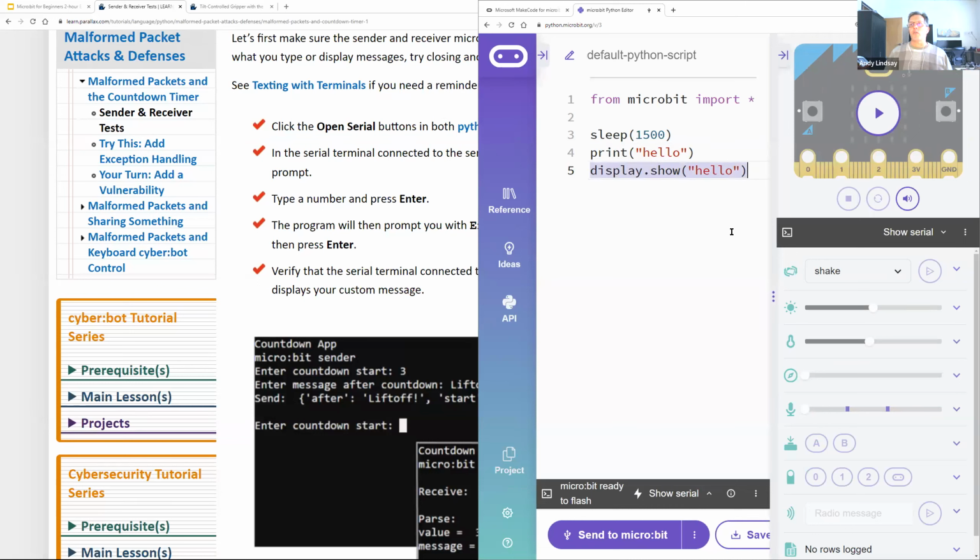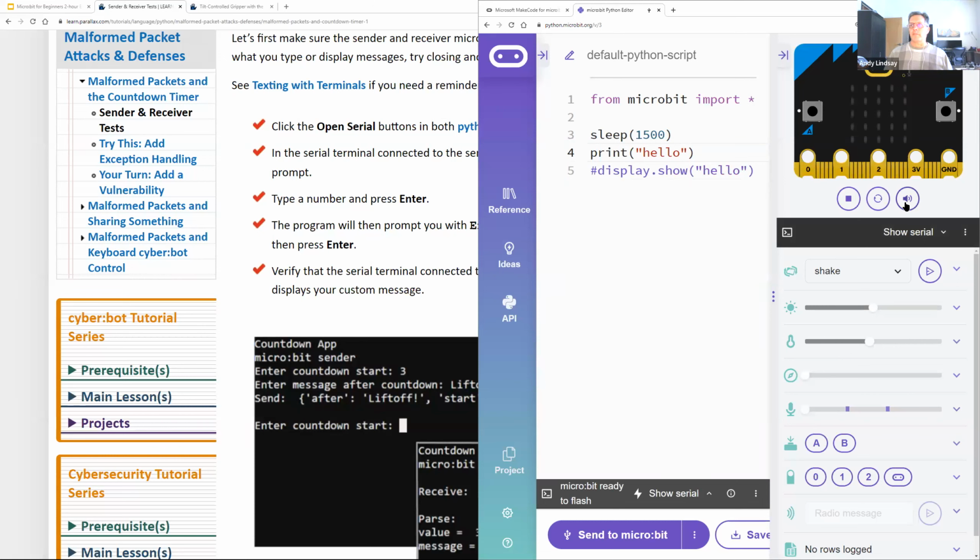Display.show hello will go to the microbit. I'm going to use a hashtag to make this a not command. So this is a way to comment a statement in Python. And so now print hello, if I simulate it,